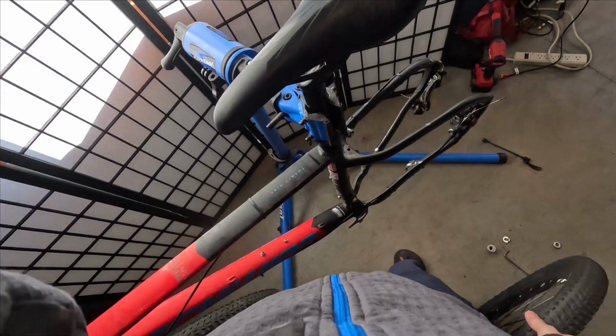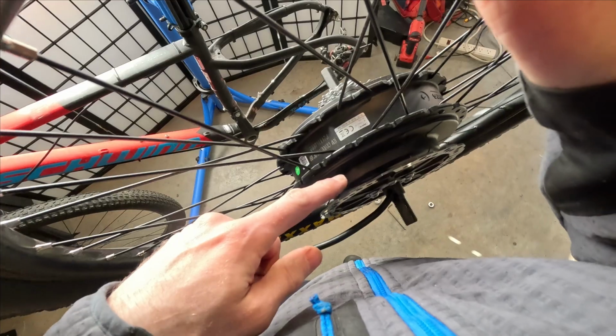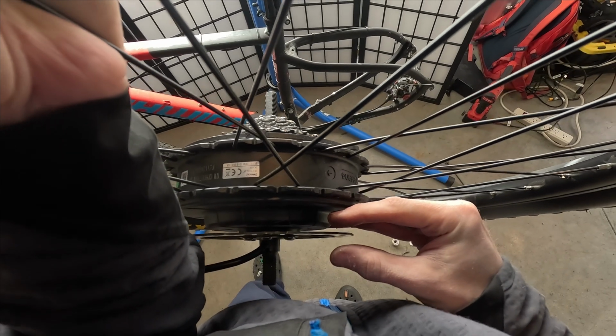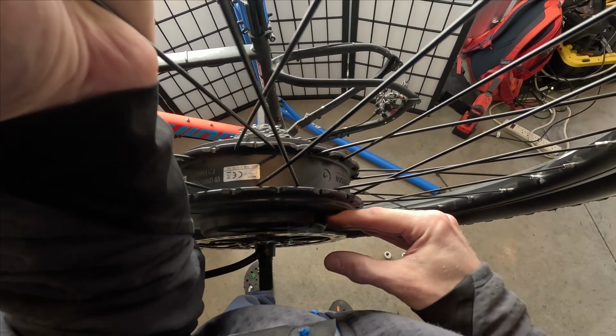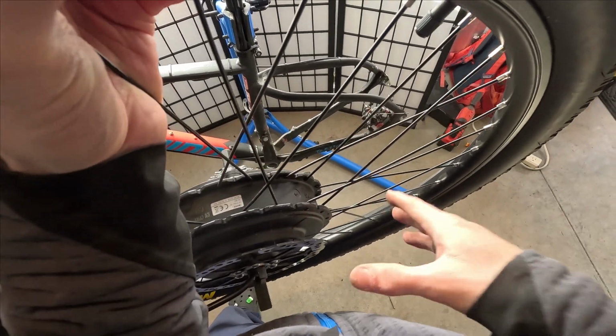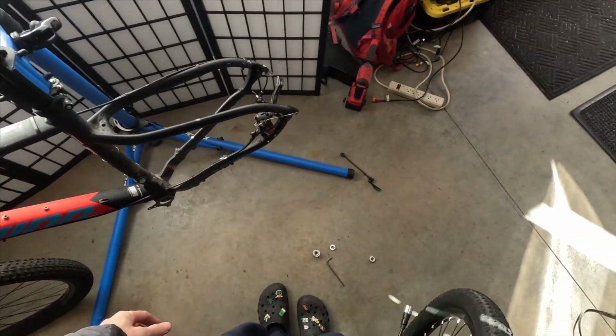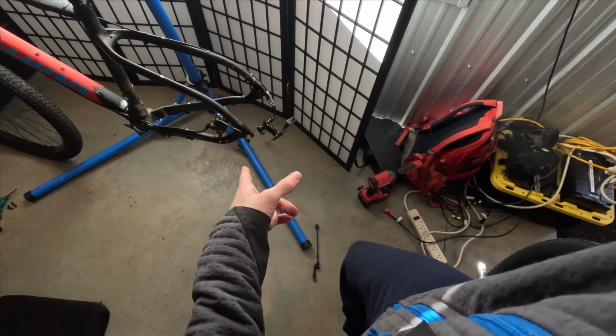When I was trying to get the wheel into the dropouts, there's this part on the motor, you see down in here. The brake caliper was trying to go in here and bite onto the brake rotor, but those mechanical calipers are so big, it wasn't clearing in here, and it was touching, and that was preventing this wheel from going all the way up into the dropouts. And then when I loosened up the post mount,